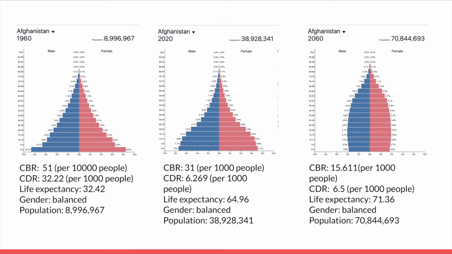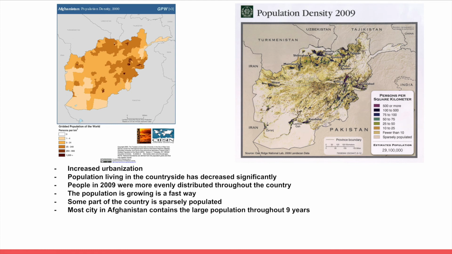Overall, the increase is by 40 million, suggesting Afghanistan is a country between stage 1 and stage 2 of the demographic transition process. This reflects the population distribution, with the most densely populated places being the major cities, Kabul